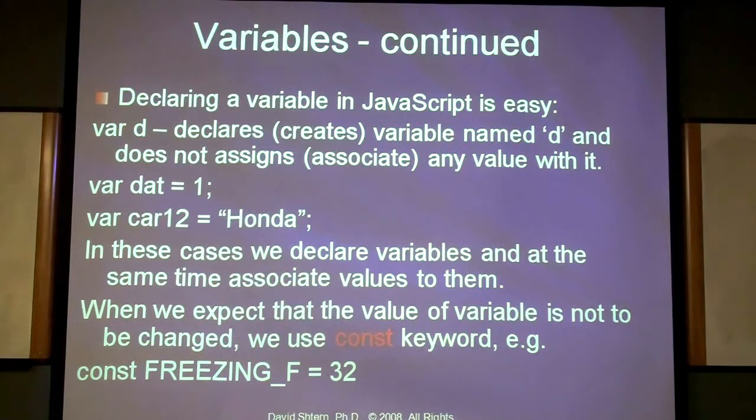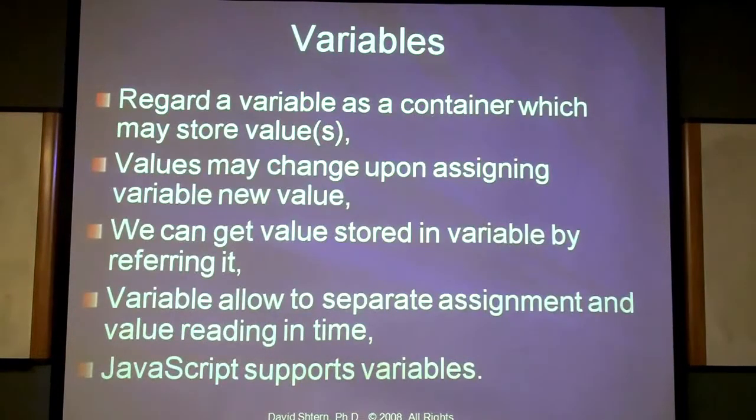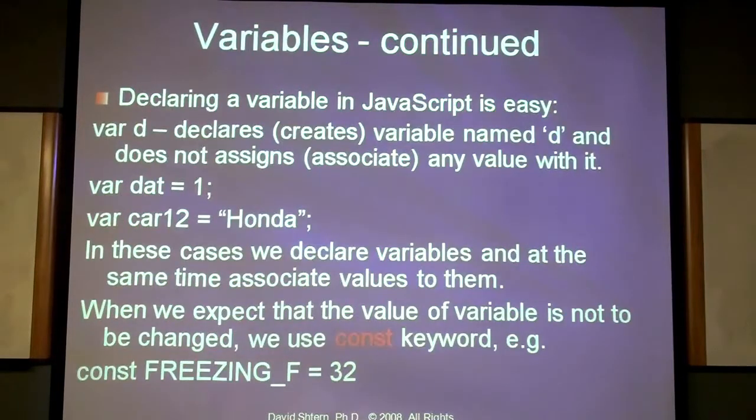Okay. Any questions? Okay. So basically, this is briefly about the variables, which we already covered. A variable, as the name suggests, may change the value which it contains. For example, in this case, this variable contains 1, but in the future I may change its value, just kicking out 1 and substituting it with something else. This happens constantly, all the time, so it's not unusual. That's what the name also may suggest.